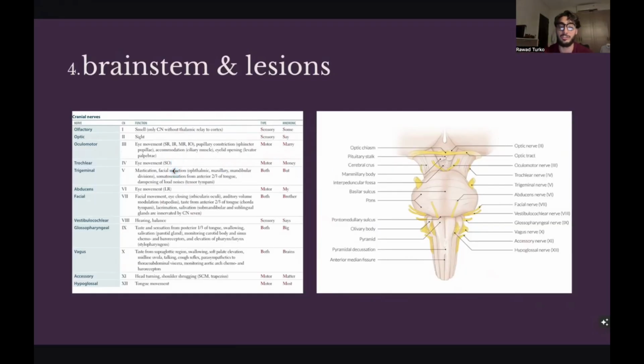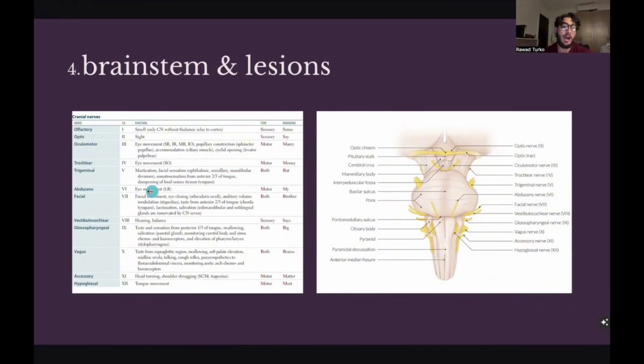Trigeminal is for both, so there's a sensory function because it's going to carry sensation from the entire face, and it also supplies the muscles of mastication, so the jaw muscles. So it's both motor and sensory. And for somatosensation from the anterior 2/3 of the tongue. Okay. The abducens nerve or cranial nerve 6 is also for an extraocular muscle, which is the lateral rectus muscle,